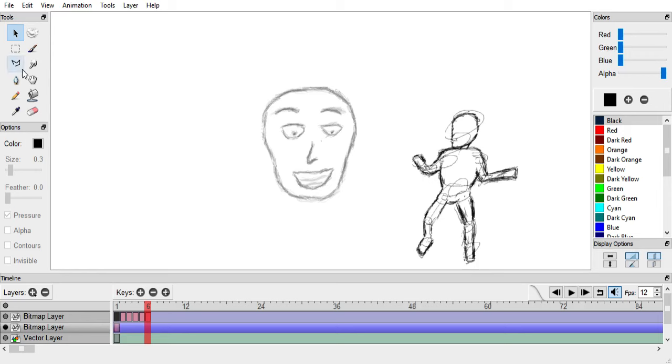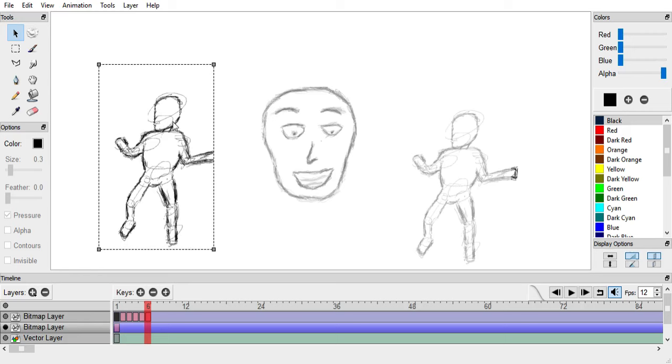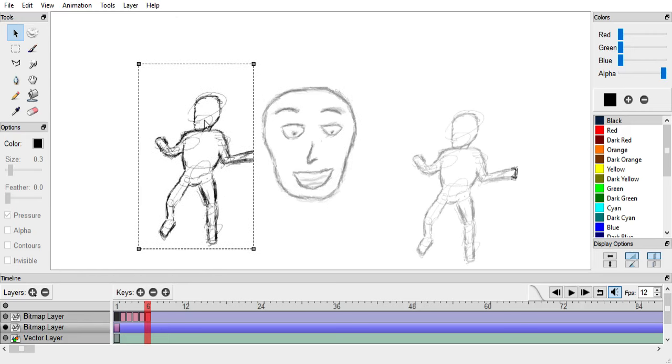Okay, is there a move tool? Tools, move tool. There we go. I'm gonna just set this guy here. This is gonna look really funny in this animation because I'm basically scrapping this face that I was working on. I'm gonna work with this guy instead. I'll make this guy dance around or something like that.